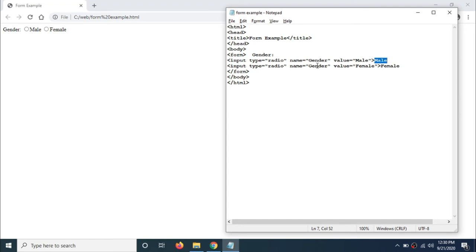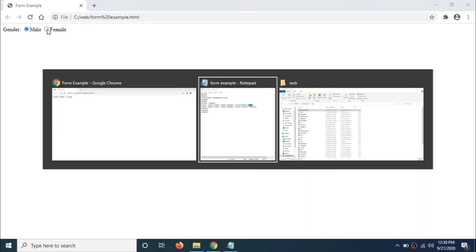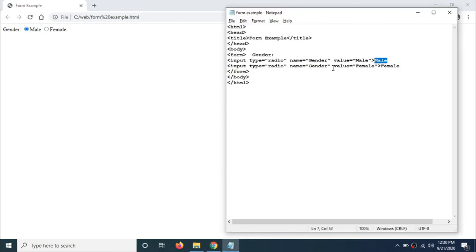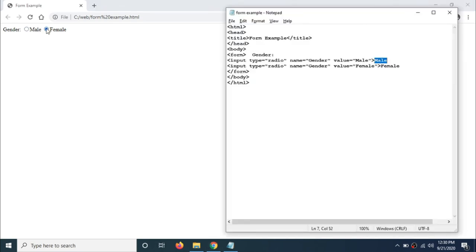You can notice that both the names of these radio buttons are gender, so whichever value you select from these two radio buttons will be stored in the name gender. You can select any one out of these two, since we have given the same name.